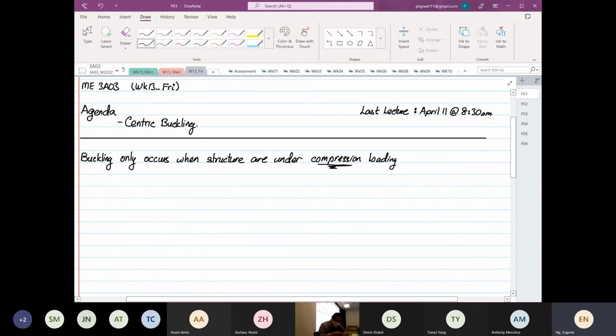Okay, and compression, I will highlight over here under compression axial loading. Be more specific. Now it can be both centric or eccentric. Okay, so for this class, I'm only able to cover centric. If we are going to go to eccentric, probably I need another hour or two. Okay, so let's